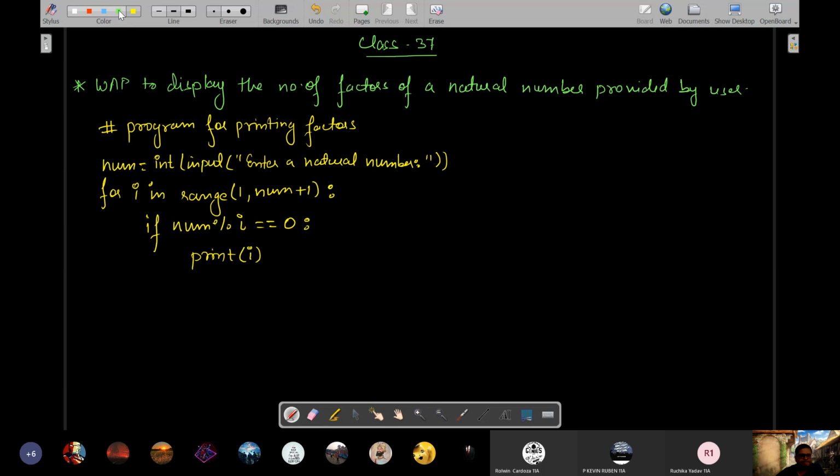Same program for calculating the number of factors. Almost everything will be the same.